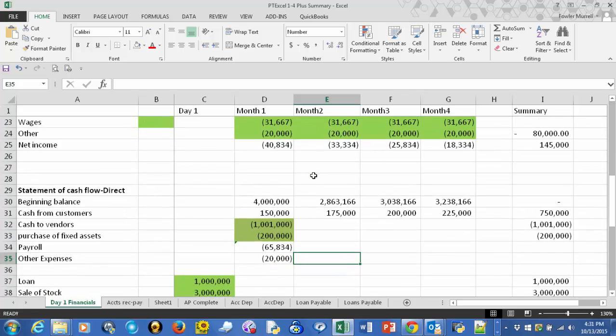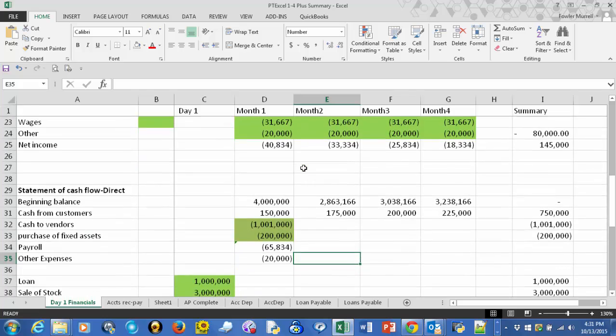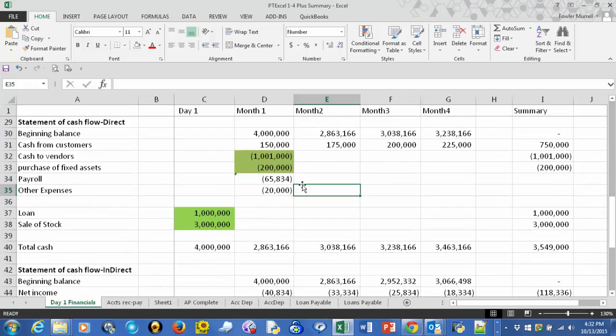And you notice that the red has gone away. We've managed to fix this, and now if we have these expenses every month, we'll have the same cash expenditures, 65,834, 20,000. So if we drag these across,